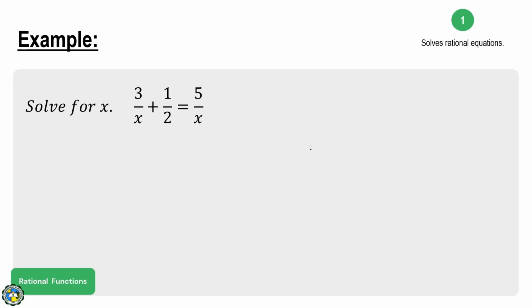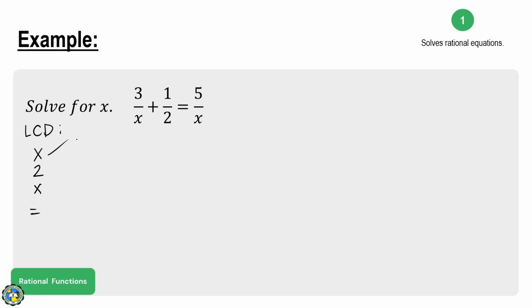I have here 3 all over x plus 1 half equals 5 all over x. Okay, so again, our first step using C is by clearing all the fractions using the LCD po, the least common denominator. So let's find first our LCD. So list down first our denominators, x, 2, and x. And then list down all the multiples of our denominators. And then combine all multiples that are the same and then multiply it with the rest of the other multiples